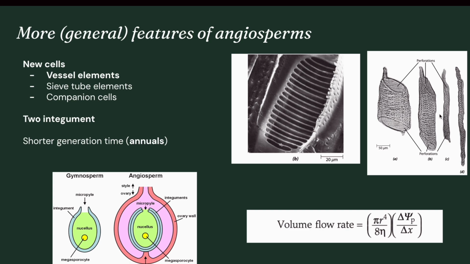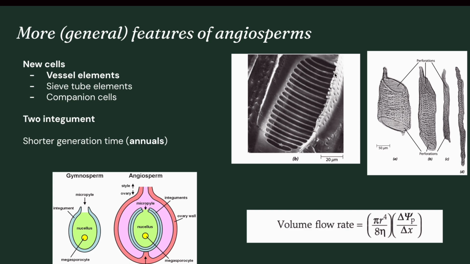Basically, in a lot of the other vascular plants like pteridophytes, lycophytes, and gymnosperms, we know that they have tracheids mostly, which are kind of just long cells. But the thing about these tracheids is that they are tapered at the ends, so they are tapered to a point and closed off, and therefore for fluid to pass from cell to cell, they have to go through a cell membrane. The thing about vessel and sieve tube elements is that they are more like cylinders,